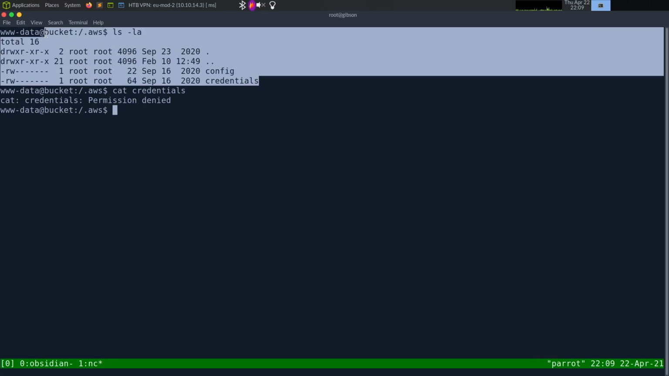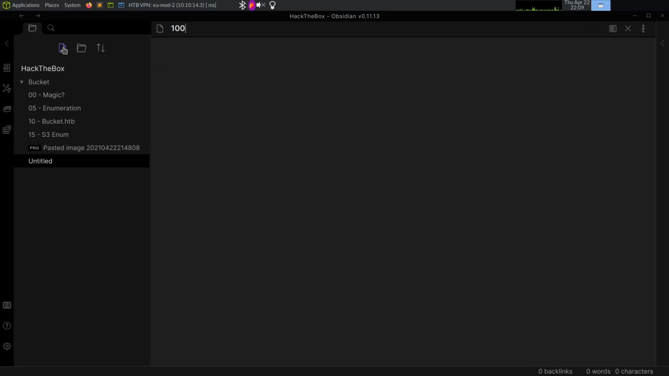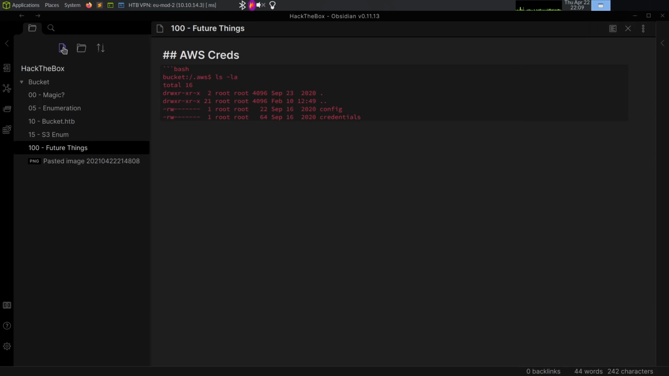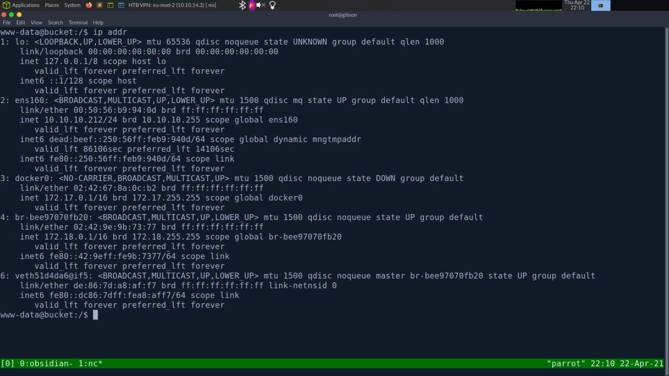So let's just copy this and then go over here. I'm going to do a new note, 100 future things. And we're going to say AWS creds bash. I'm going to say need root for this. So we got that. We can go back into /, and the next thing I'd probably check for is like